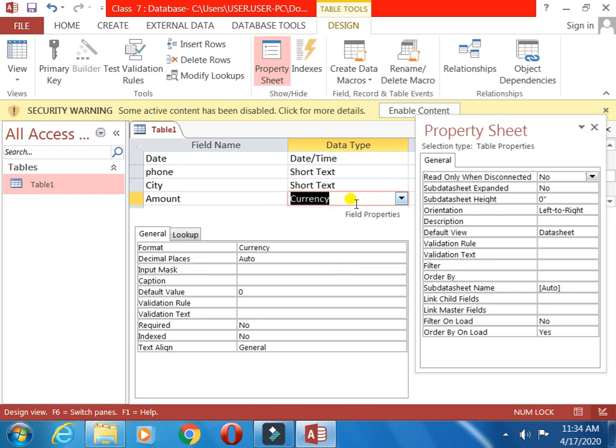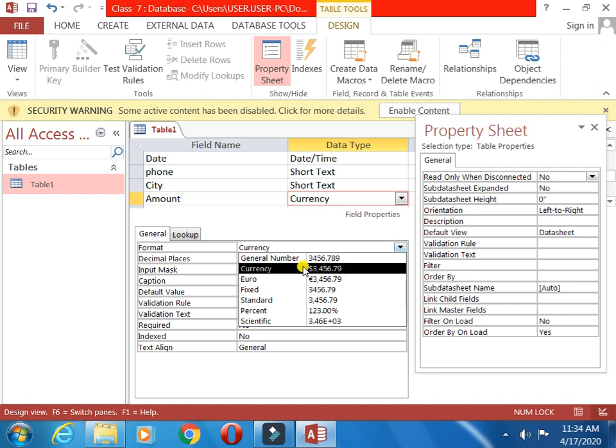Currency here means we will write the amount, that is money. We will use this type of field for money purposes. Now whenever we use currency, one format is there, we will go to the format. Now we are Indian, we don't use the dollar sign.